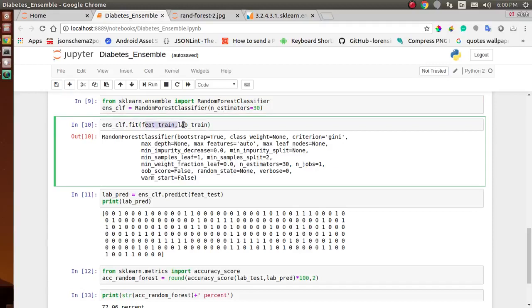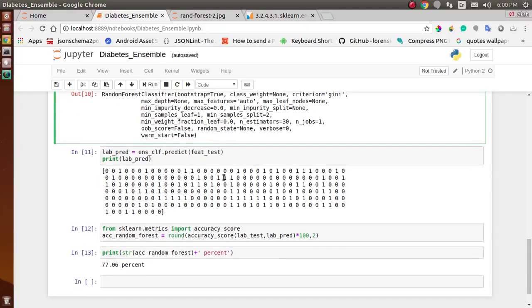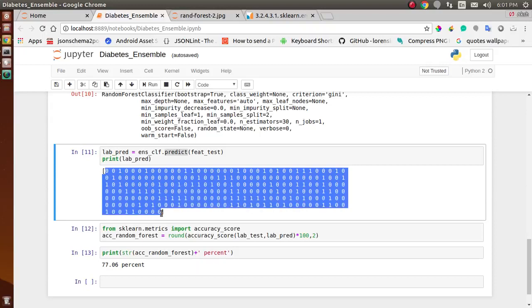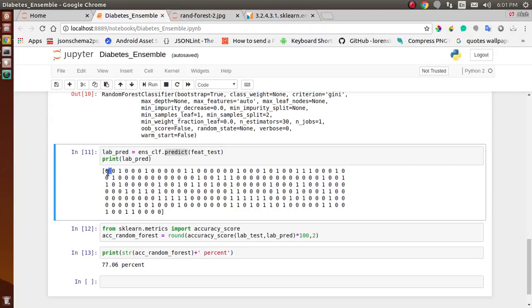So you can change them and manipulate your random forest by yourself. Let's come to our coding section now. Here you have to pass the training set, and you can train your model here. After executing this statement, your model is now ready to predict the values. To predict the values, we will send the features test dataset into the model, and we use the .predict method on our classifier model. Here you can see we print the values, and these are the predicted values. 0 means the person does not have diabetes, and 1 means the person has diabetes.